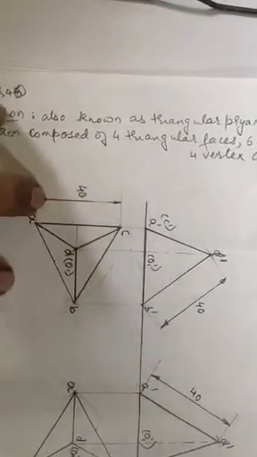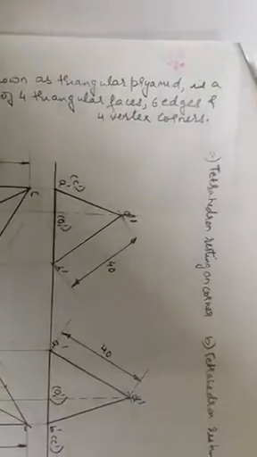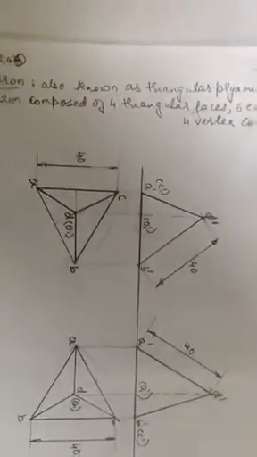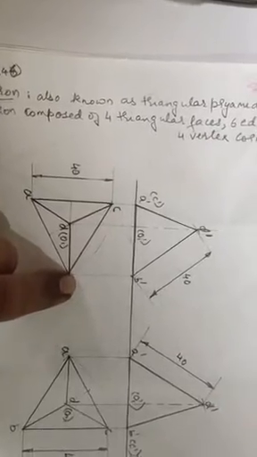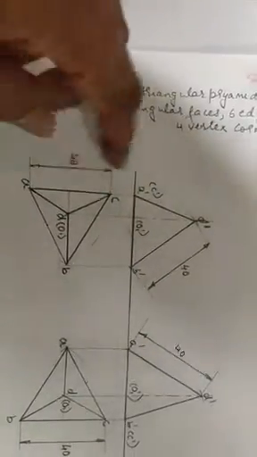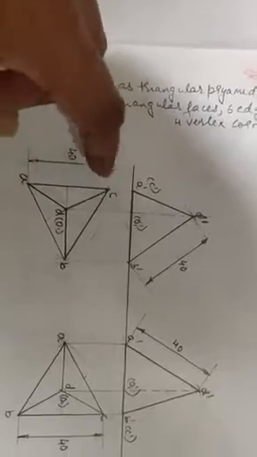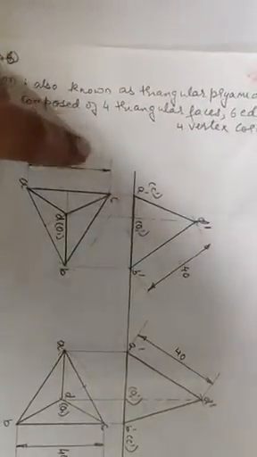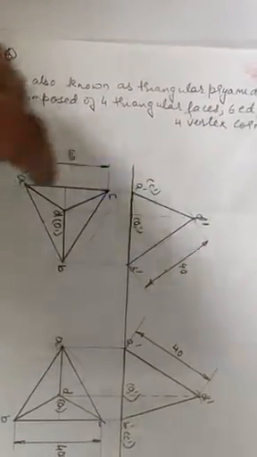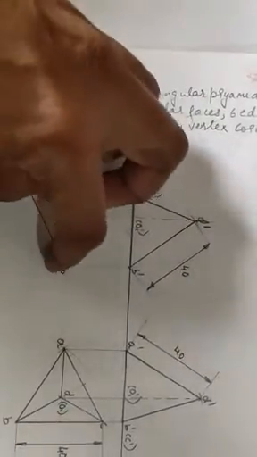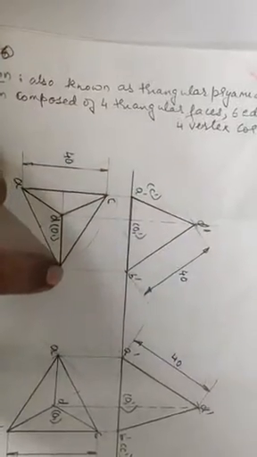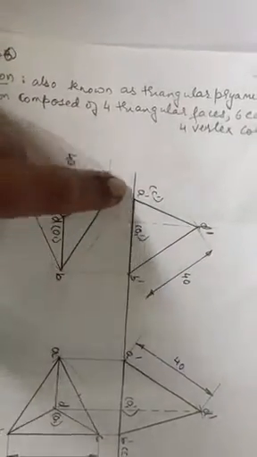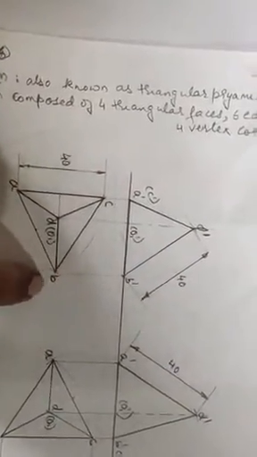Now what I have to do, if it is resting on a corner here, I have to start with a corner. To draw an equilateral triangle with a corner is difficult. So say the sides of the tetrahedron are 40 mm. You draw a 40 mm line here, take the same length, draw arcs, and you get an equilateral triangle here. This forms the base triangle. So automatically you will get the corner towards your right side.